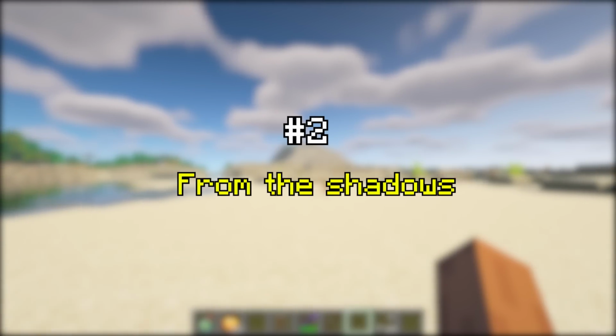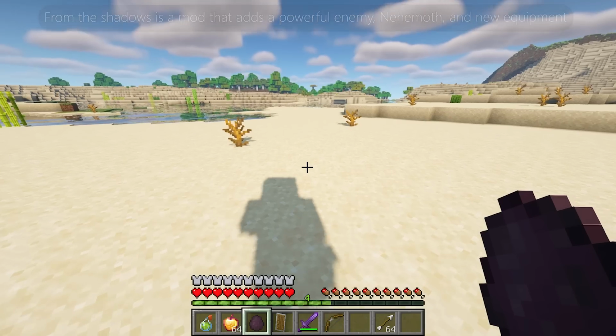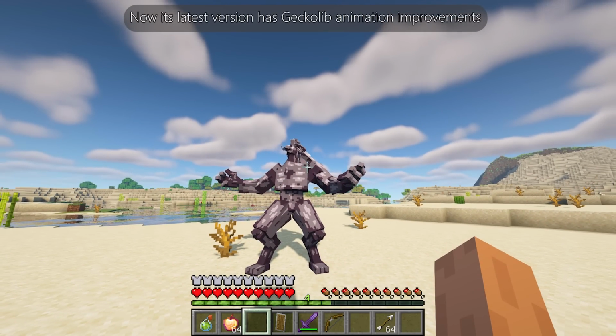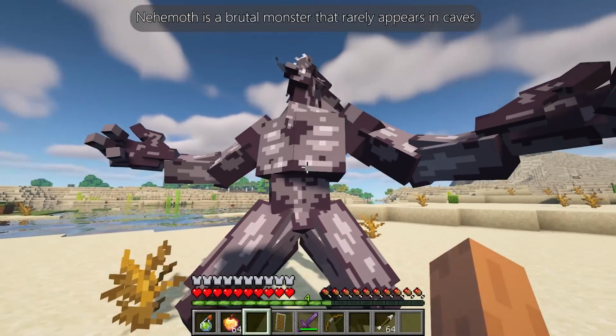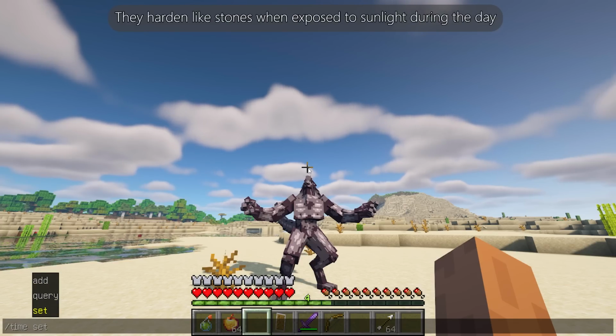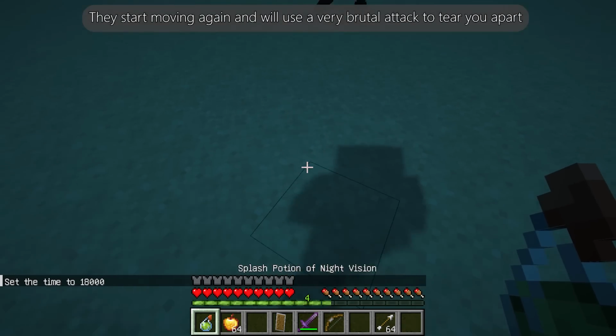From the Shadows is a mod that adds a powerful enemy, Nehemoth, and new equipment. I remember I used to introduce an old version of this mod, now its latest version has GeckoLib animation improvements. Nehemoth is a brutal monster that rarely appears in caves. They harden like stones when exposed to sunlight during the day. But when there is no light or night comes, they start moving again and will use a very brutal attack